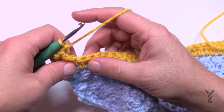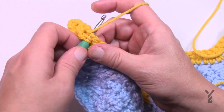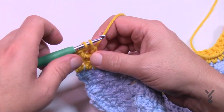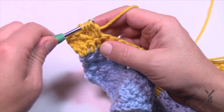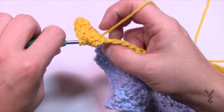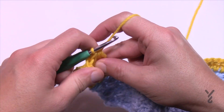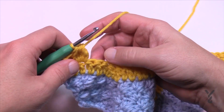And then we're going to bobble into the next stitch. So in the next one here there's going to be 5 double crochets. So you're going to do 5 double crochet together. Just going into the next one, start double crocheting, but don't finish the stitch. So do 1 and then 2 and then 3 and 4 and 5. So there's going to be lots going on in the hook. You should see a total of 6 loops, and then yarn over, pull it through all 6, and this bobble will naturally want to pop out to the other side of the work, and then you're going to X stitch